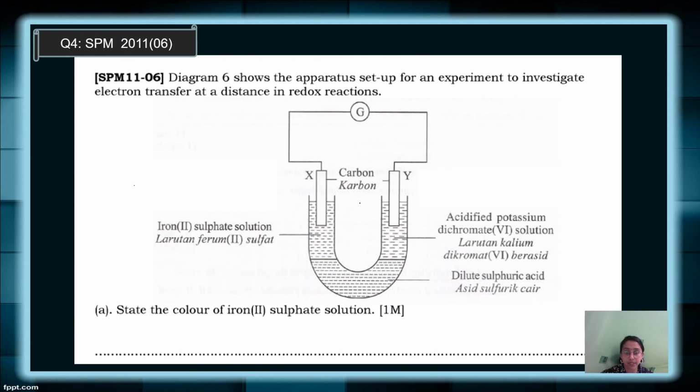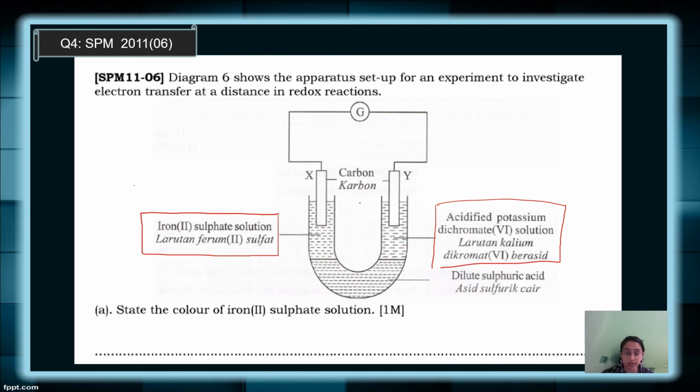Okay, let's look at this type of questions. Always students are afraid to answer these questions. I don't know why. But now I would like to share with you a little tip on how to attend to this type of questions. So students, when you get an electron transfer at a distance, what I will always recommend my students is go and see the type of solution they use